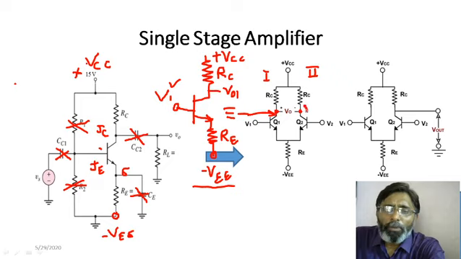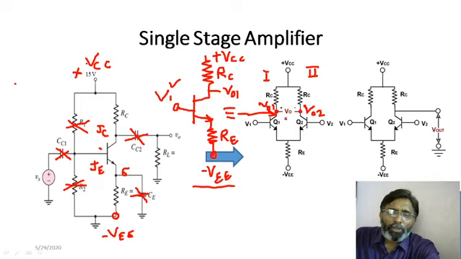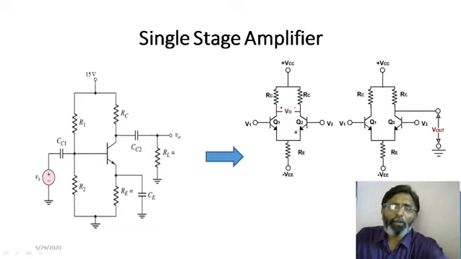This output will be VO2, and this output will be VO1, and I am taking the output across these two terminals, and let us assume that this is positive and this is negative. In this way I will have the output. So, I will have two inputs and one output. Now, if I make this arrangement, how this circuit basically works, that we will see. Now, we will see the working of this circuit.